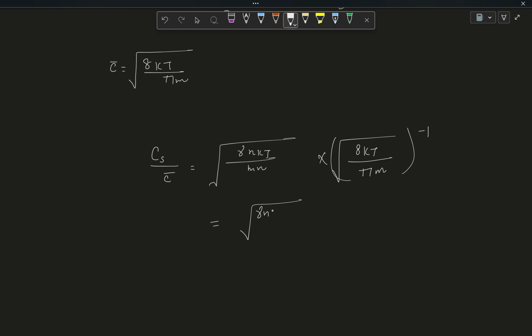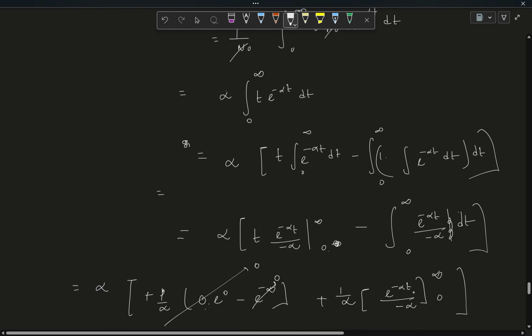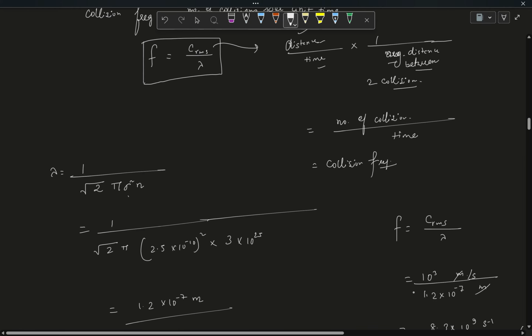So you have root over gamma NkT by mn into pi m by 8kT, all over root, m and m cancelling out, kT and kT cancelling out. So you have root over of gamma, this n and n also cancels out, gamma pi by 8. So you have the ratio as given in the question determined, right? So these are some problems based on mean free path of gas molecules in an ideal gas and